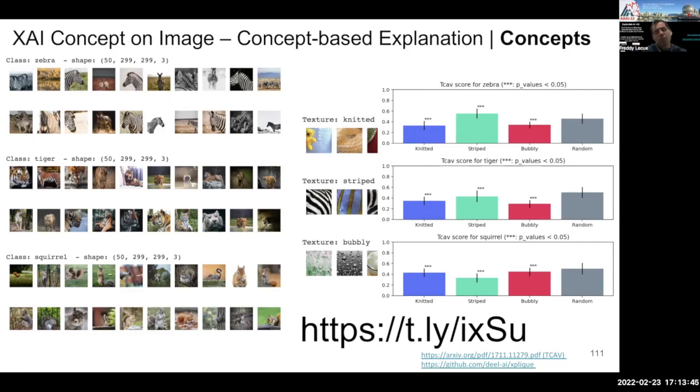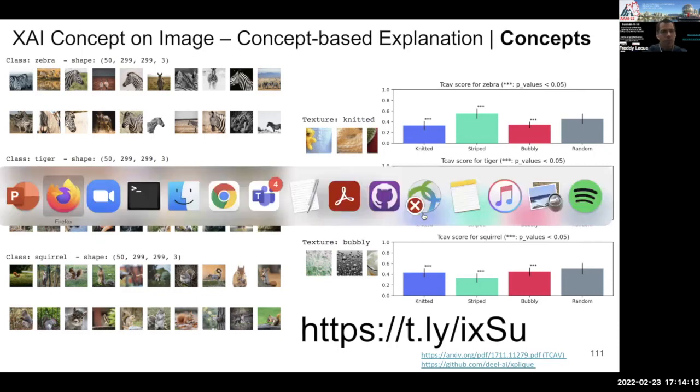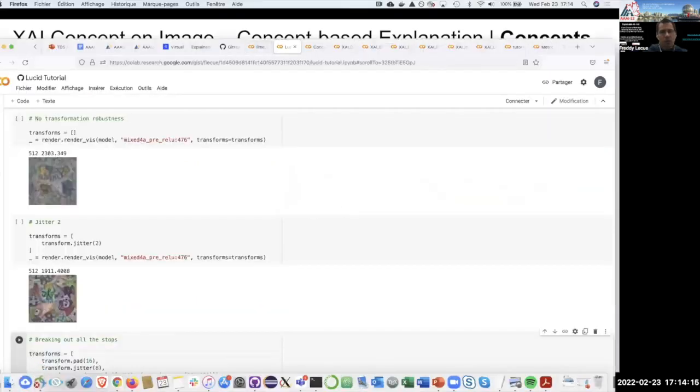And here the concept is a texture, and that's because they use a particular dataset which has many textures, like knitted and striped and bubbly, and they have many of them. And the explanation is those concepts that are representative for this particular class. They say, okay, that's a zebra because it's striped, or that's sparkling water because it's bubbly. That's the kind of thing that you could do. So if I look in here,